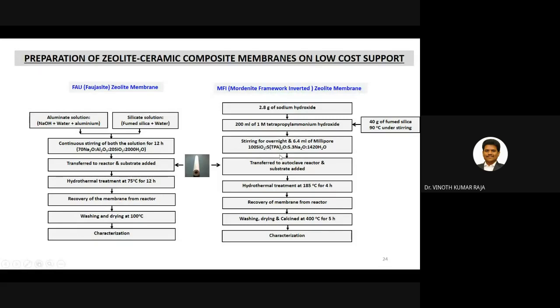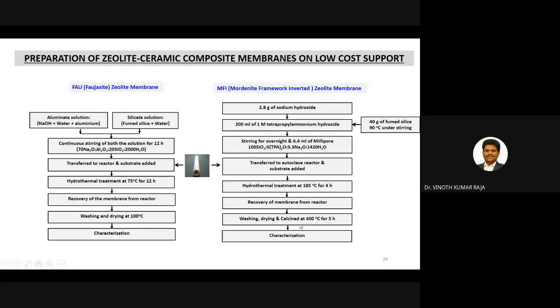So after preparation of this reaction mixture, the reaction mixture was transferred to the autoclave reactor, where the tubular substrate was kept in the reactor, and the hydrothermal treatment was conducted at 185 degrees centigrade for 4 hours. Further, after conduction of this hydrothermal treatment, the membrane was recovered from the reactor and washed and dried